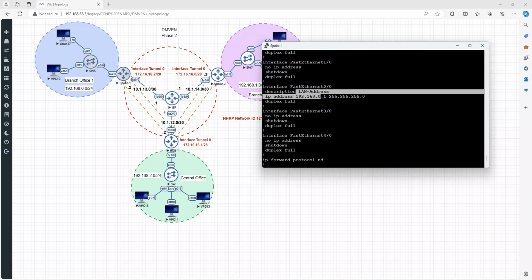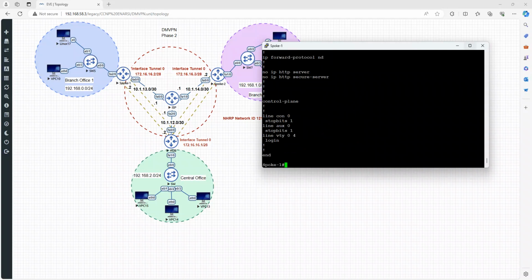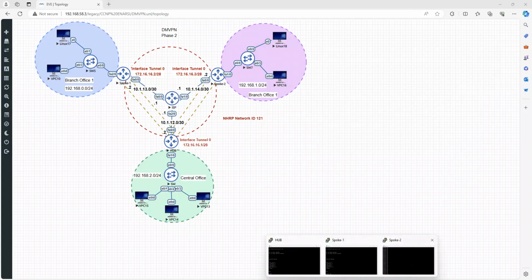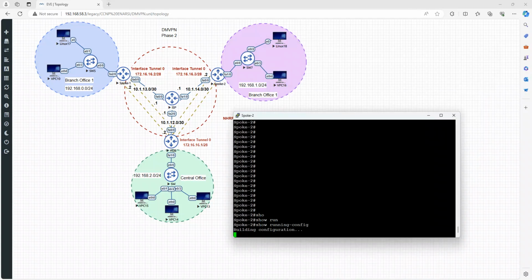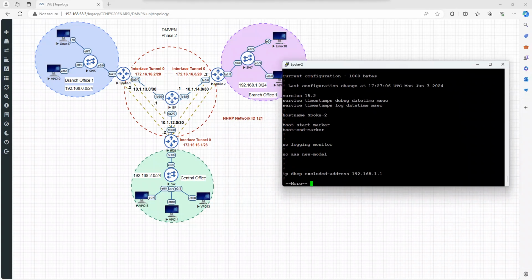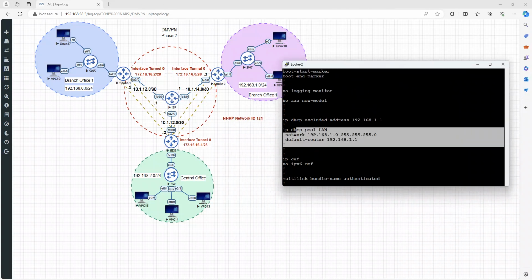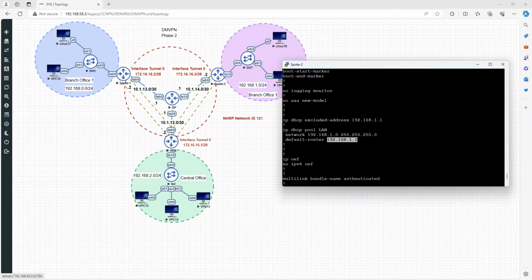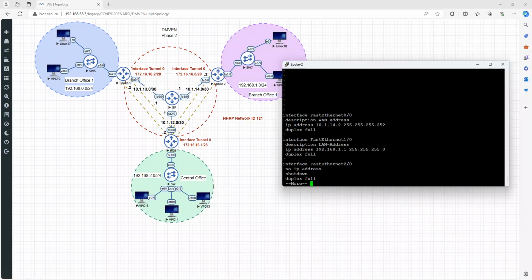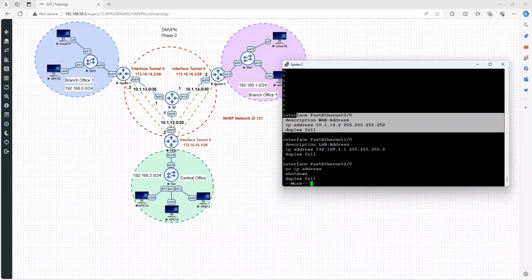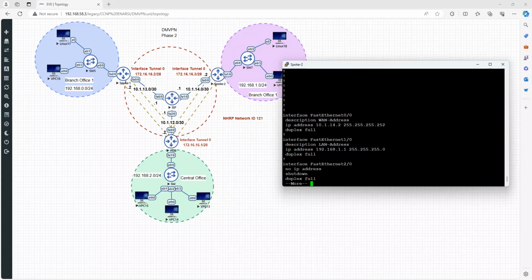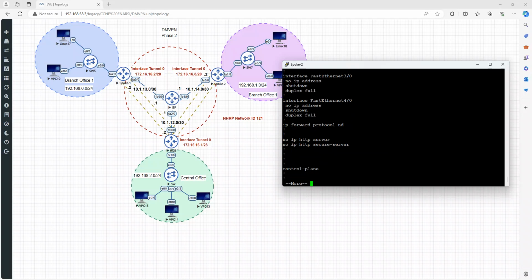This is a LAN interface, and I have no extra configuration there. And here also the DHCP for this LAN, the default router acting as a gateway for that broadcast domain, interface FastEthernet 0/0 with an IP address as a WAN address, and the LAN IP address as a gateway for that